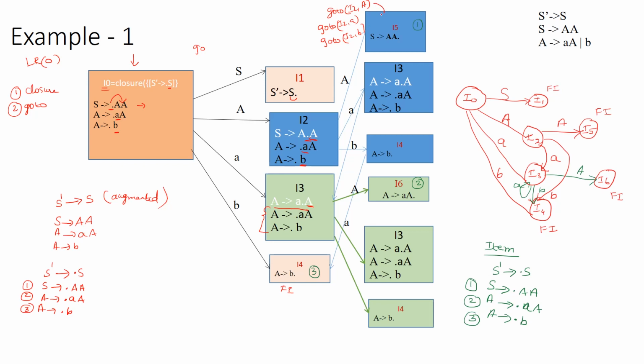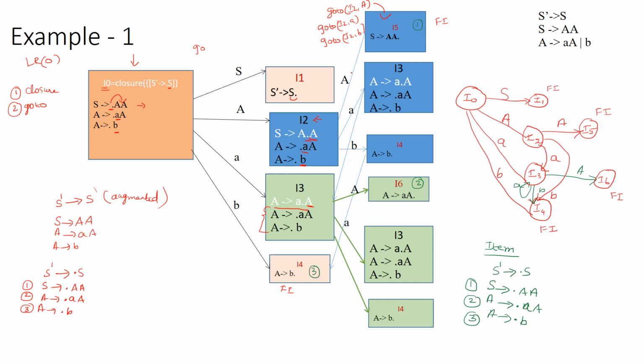So this is our goto of I2 comma a. When we take I2 comma a, this dot has been moved here and now this is our final item. This state we have named as item 2. That is state 1, state 2, state 3 and this is state 4. And now again this is state 5. And this particular production is based on this final item. This reduction is based on the first production. So here I have named that.